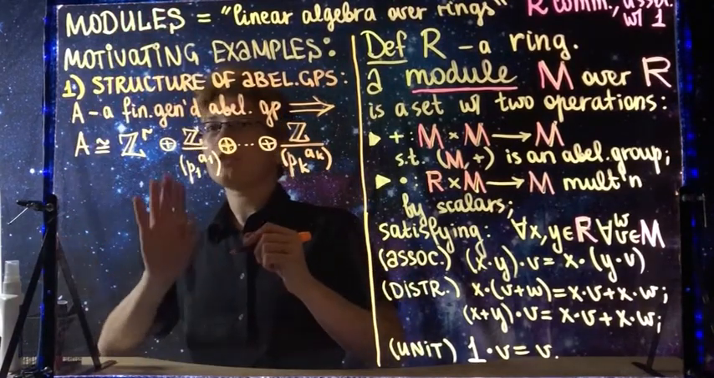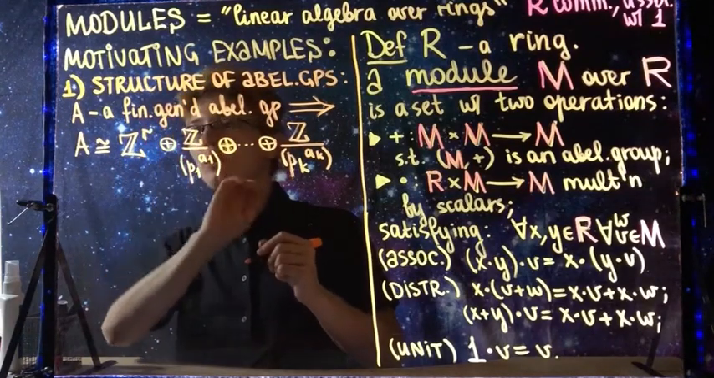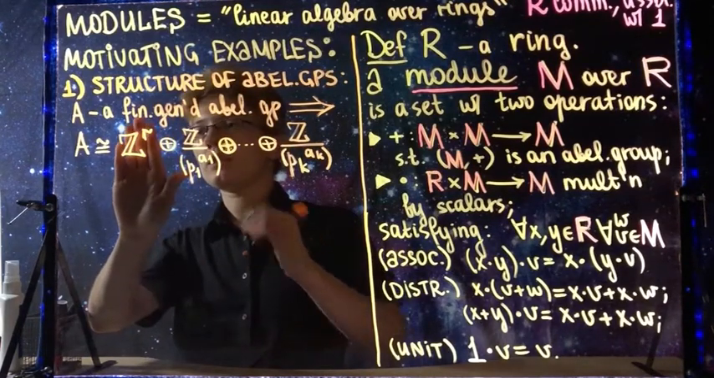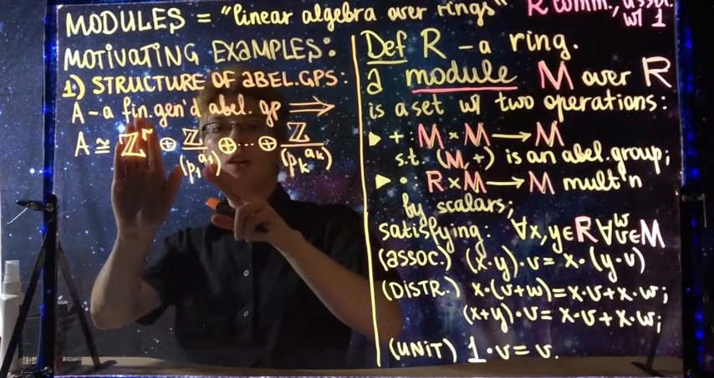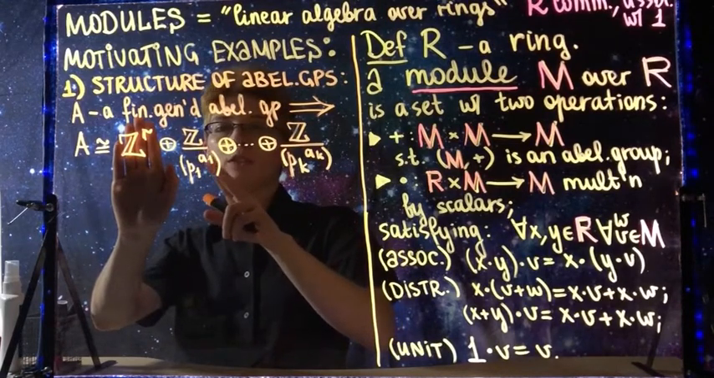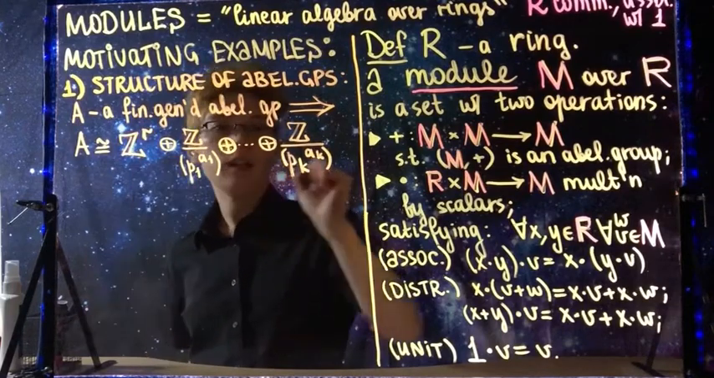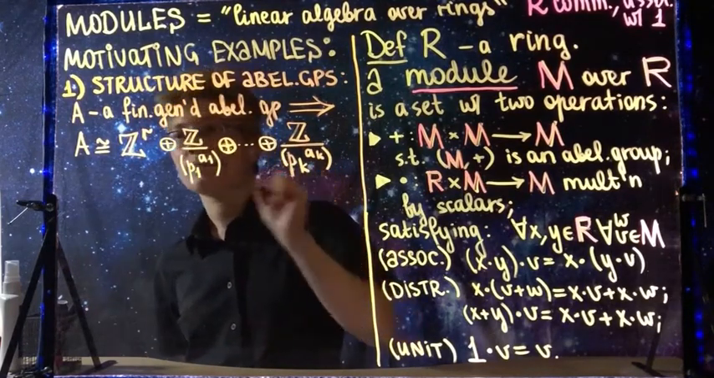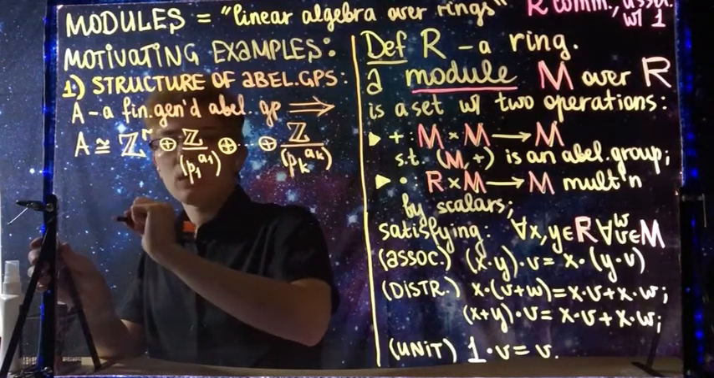So in particular, if you take a finite group instead of a finitely generated group, you would see that A is isomorphic to a direct sum of finite groups, each of which is Z mod some prime power, and the pi's can repeat. So we can view